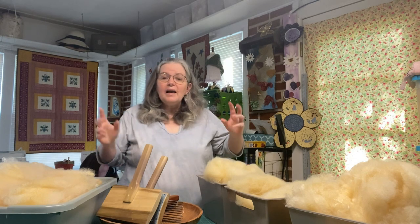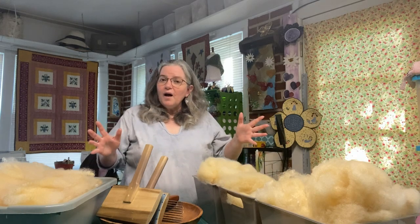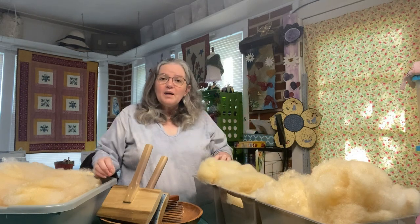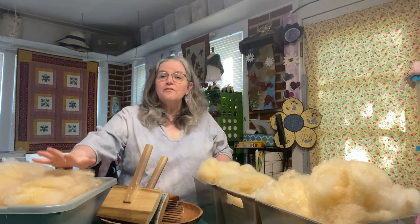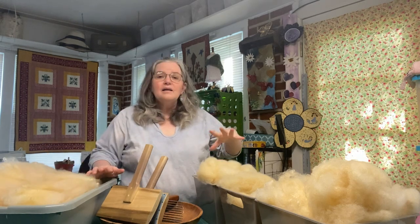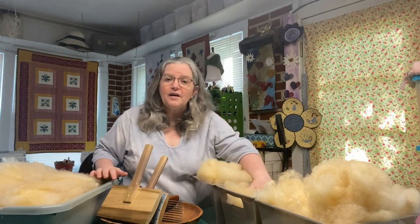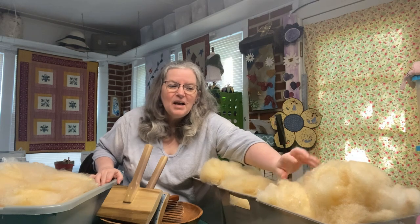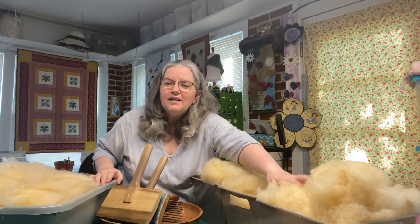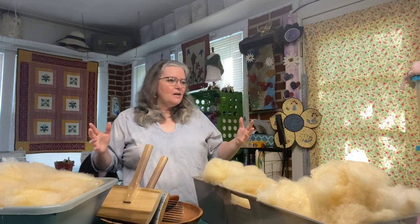Okay, but again, I wanted to cover why am I doing it this way? Well, the fiber, or I should say the finished yarn that you get from spinning from the lock, spinning from a combed fiber, spinning from a carded fiber, or spinning from this here, actually does have a name. It is hand-picked fluffy, and we call it cloud. Now, most of the time when we think about, oh,